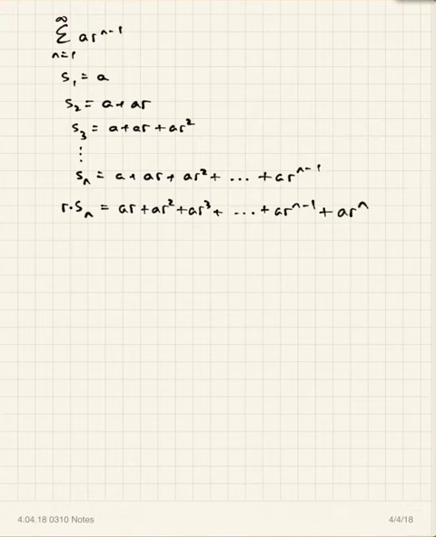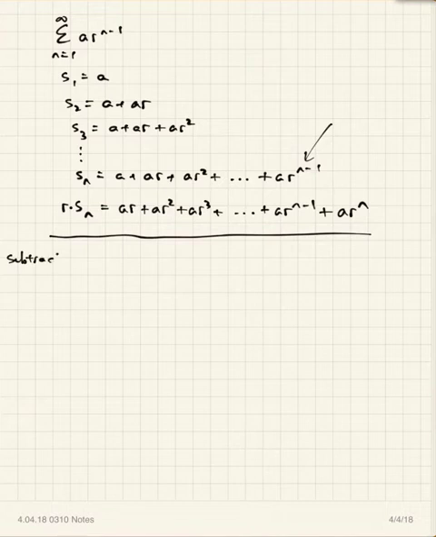You're multiplying every term by r here. And so when you multiply every term by r, this last term has n minus 1 r's in it, and when you multiply by r, now you have n r's. So that's our last term. And now I'm going to draw a line under those, and we're going to subtract term by term. So you get s sub n minus r times s sub n